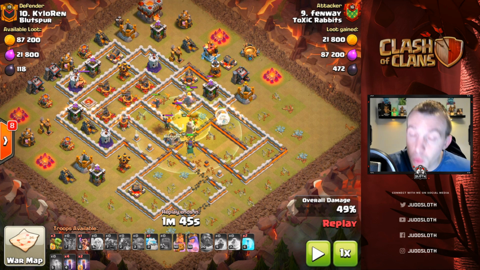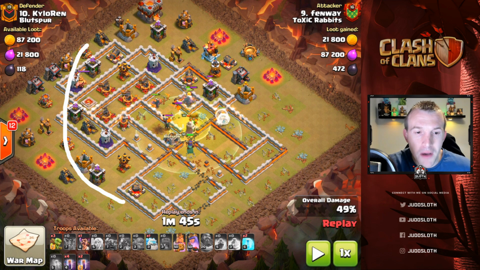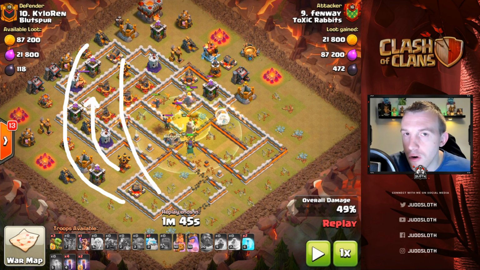We've taken down the queen, we've taken down the clan castle troops, but more importantly we've taken down the eagle and 2 multi-infernos. We've also created this little area here, look, where we could sweep the bats in. You don't want to put the bats in too early. You want to create a little kind of path of defenses here whereby the bats can sweep straight up and